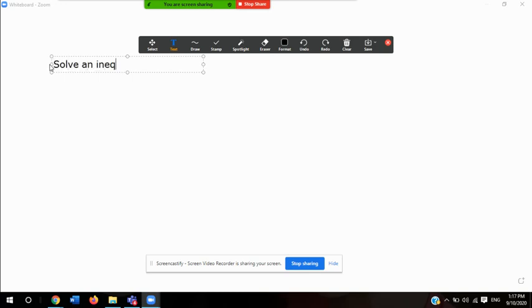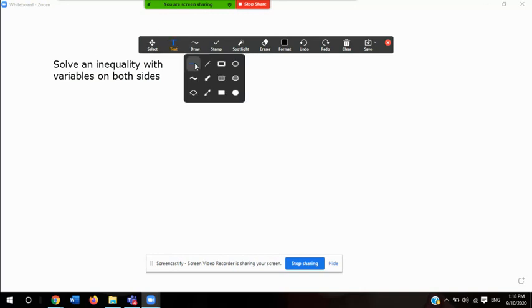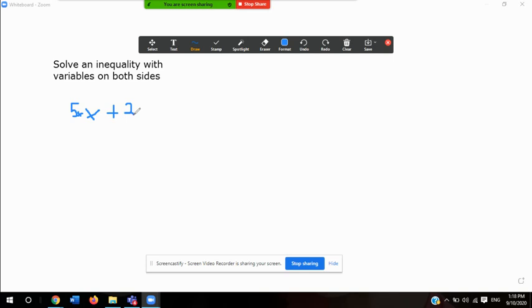Solve an inequality with variables on both sides. So the inequality that we have is 5x plus 2 is greater than 7x minus 4. So solving inequalities with variables on both sides involves the same steps as